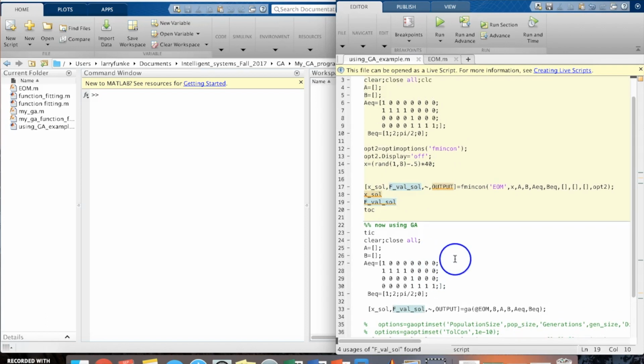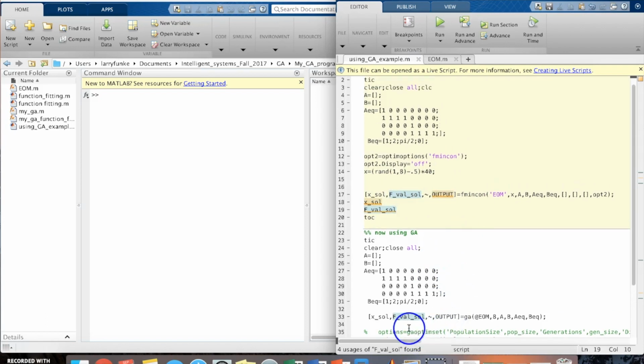We can see that the syntax for the GA is very similar. Our output side looks the same. We now have GA here instead of fmincon up here. We switch from the EOM in quotes to @EOM. The biggest change here is that whereas in fmincon we have our initial guess x, this quantity here for GA